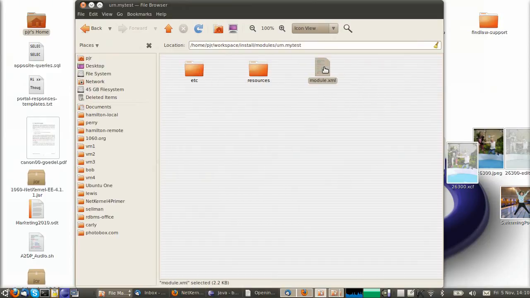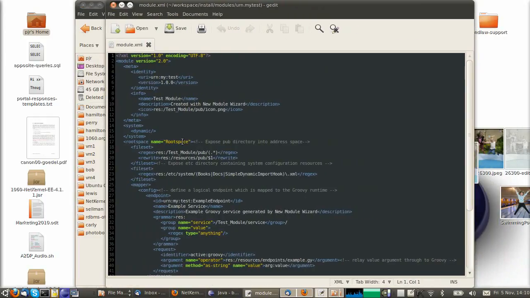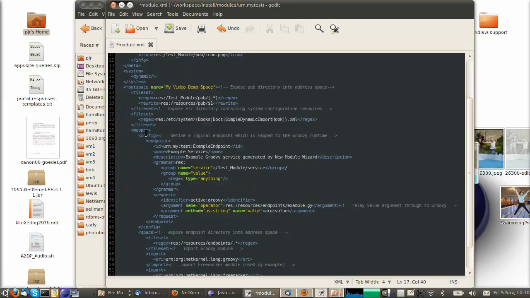So here's the module XML, and first of all we see that it's given this root space a fairly useless name, so I'm going to call it my video demo space, and the mapper has a space in it, and this space has no name at all. So I'm going to give this a name of my mapped video demo space. So let's save that,